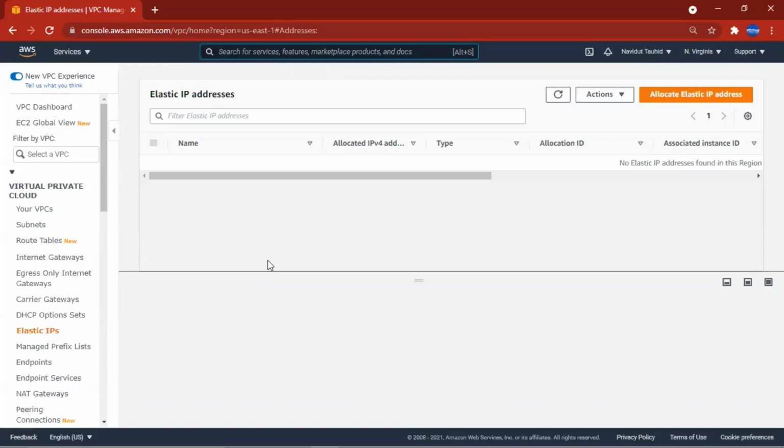An elastic IP address in AWS is a static public IP address. So when we say static, it means it's fixed, it does not change. Any elastic cloud computing resource, that is a virtual machine or the router that we hosted on AWS, would need